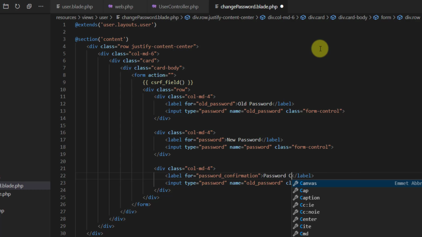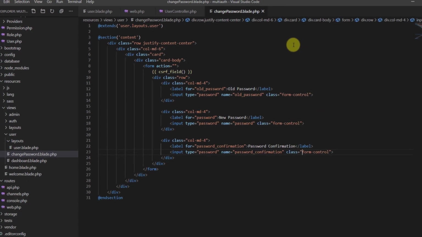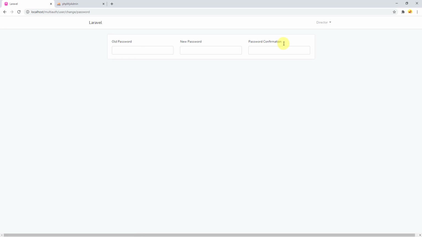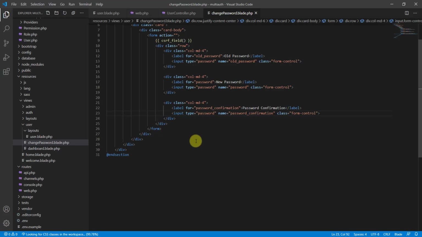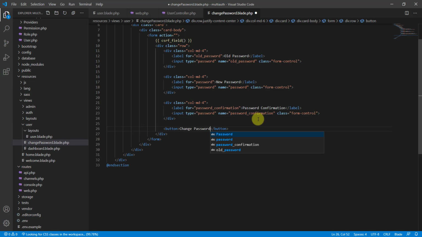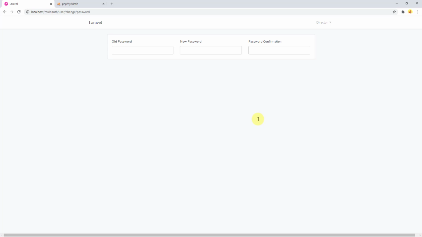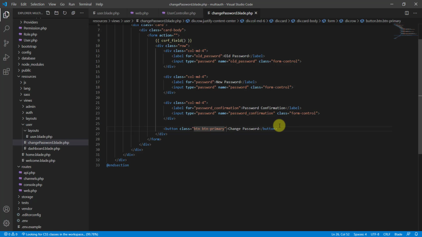Let's say password confirmation, and for the name we also want password_confirmation. Now if we go back and refresh, yeah, that's looking fine. Now let's create our button. So in the bottom, let's say button, and let's say change password, and let's also give the class of btn btn-primary. Now if we go back, refresh, yeah, let's also put this button inside a row, but before that let's put